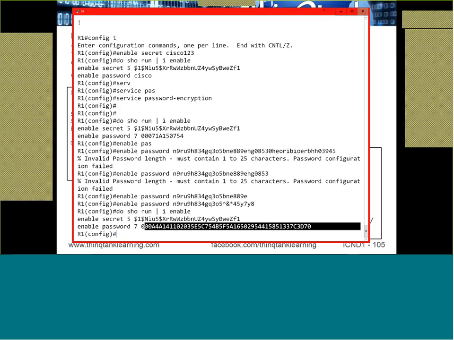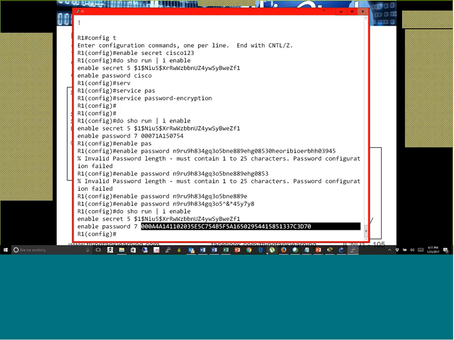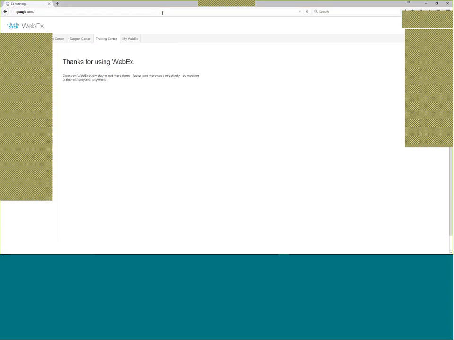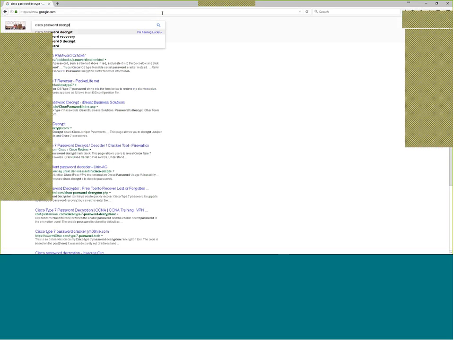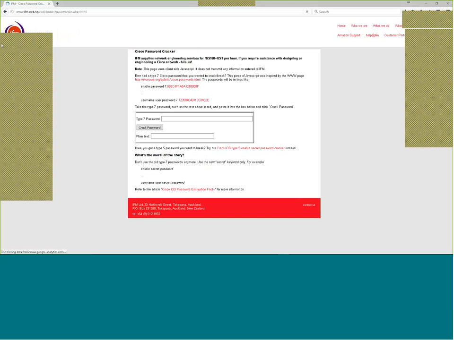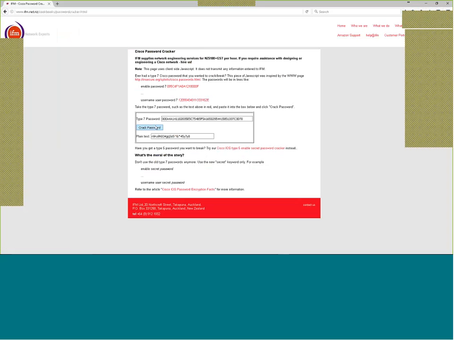But I can take this now, copy it. Let me open up a browser here, Google, and Cisco password. Let's do, yeah, that one, that first one, password cracker. And I'll put in the ciphertext, and there is the plain text password, right? So not